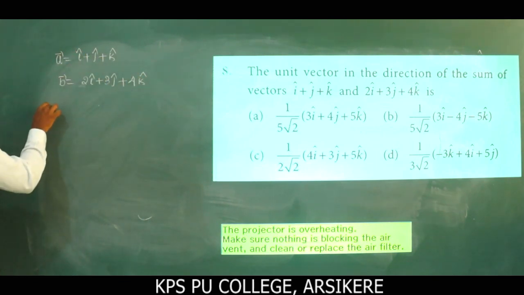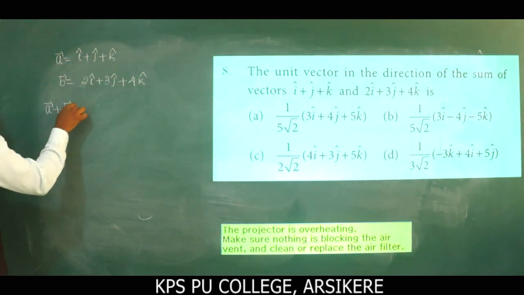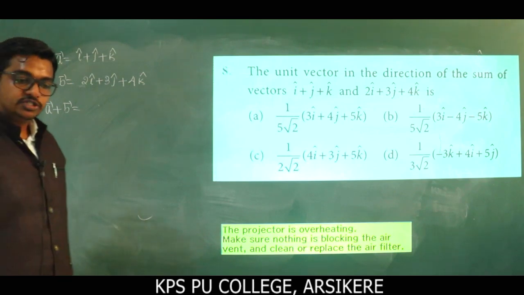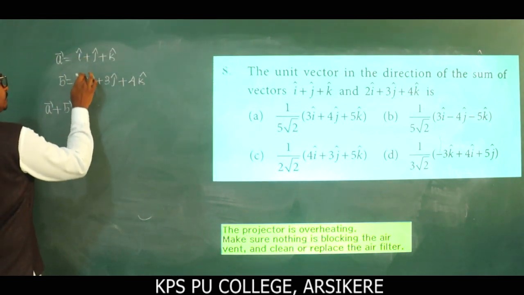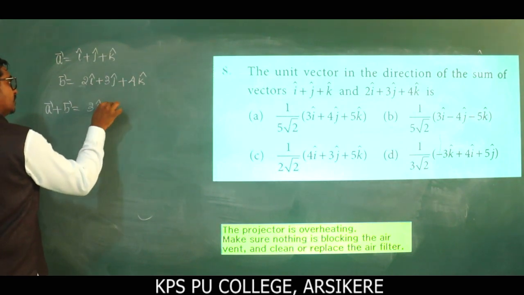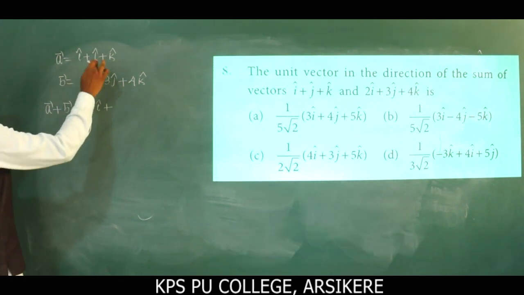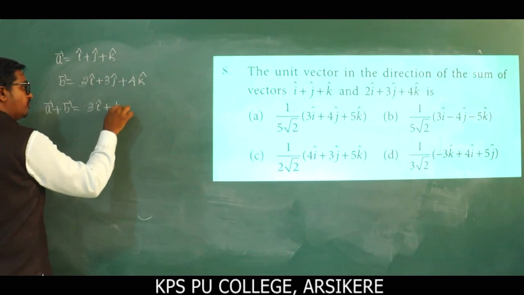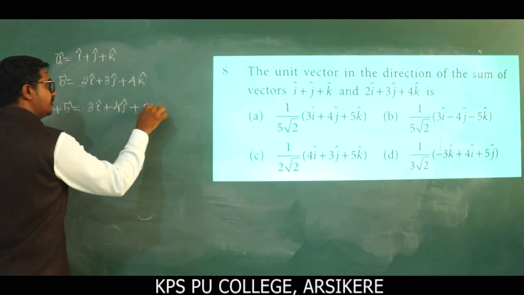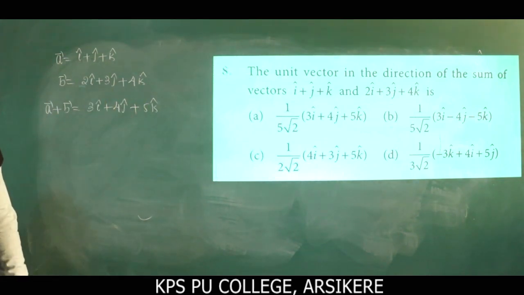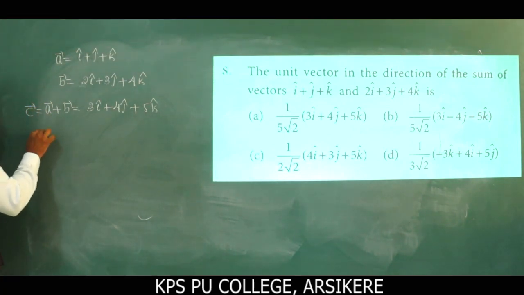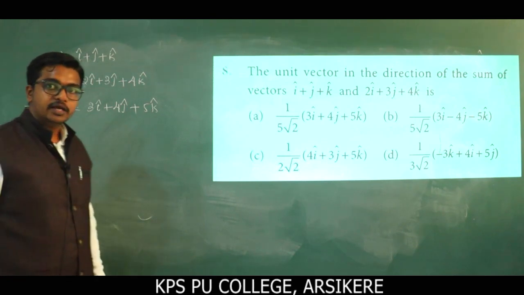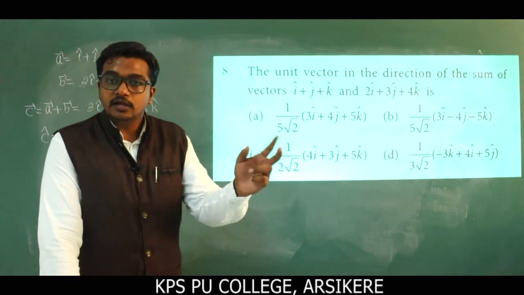Add these 2 vectors, vector A plus B, go with the component form, i to i, j to j, k to k. So this becomes i to i is 1 plus 2 is 3 into i cap plus j component, here 1 and here we have 3, this becomes 4 into j cap plus 5 into k cap. This is clear here? Okay. So I will consider this as vector c. Here we have to find c cap, right? The unit vector in the direction of vector a plus b, or in the direction of vector c.